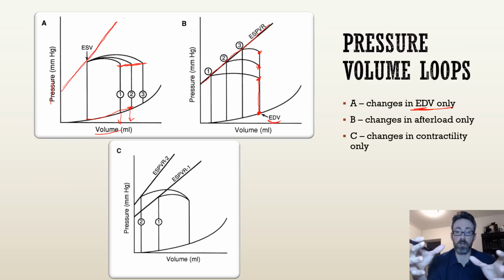But once I come into equilibrium with the afterload, it's going to stop. I can't eject any more blood into the aorta. So what you're seeing here is with the lowest afterload, I can eject or have the largest stroke volume. Okay. If I increase the afterload, but I keep the preload the same, what happens is you end up with a smaller stroke volume because I have more force to overcome. And then finally here at point 3, you'll see that's the highest afterload, and you see that's the shortest width, or